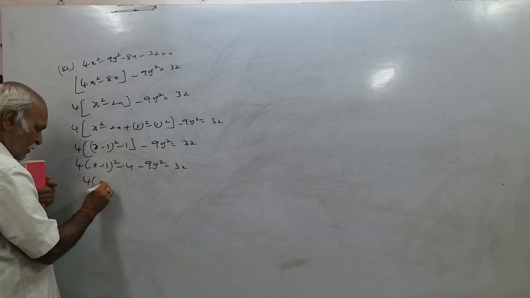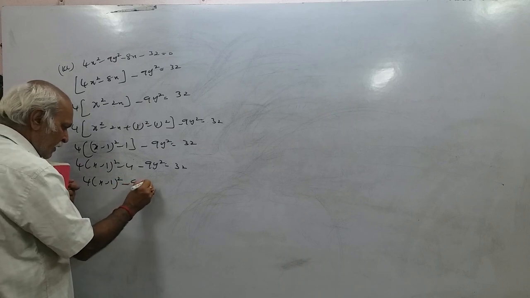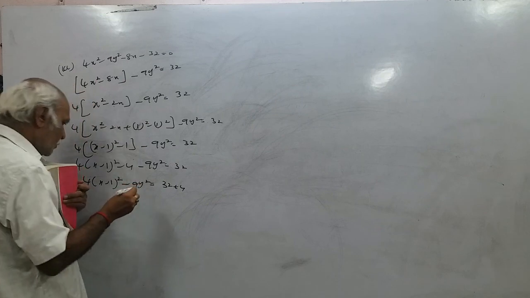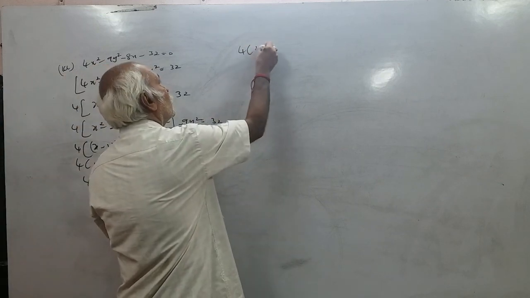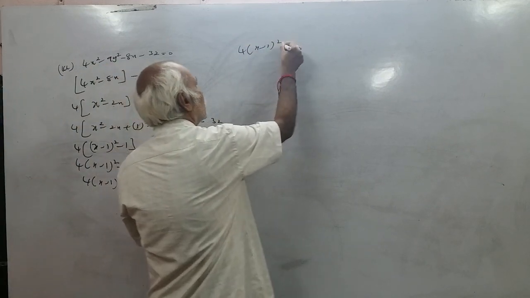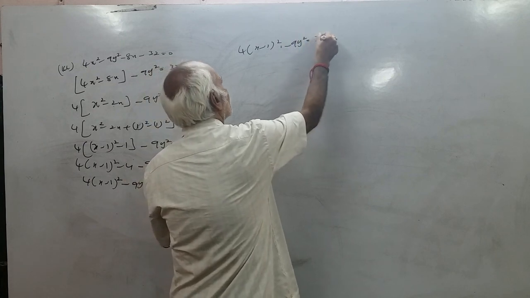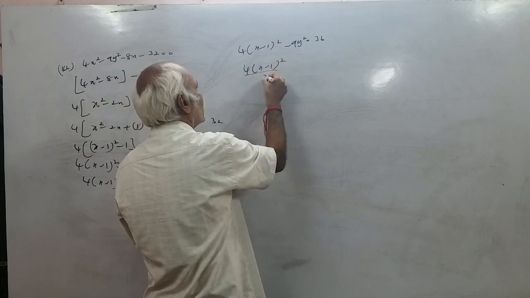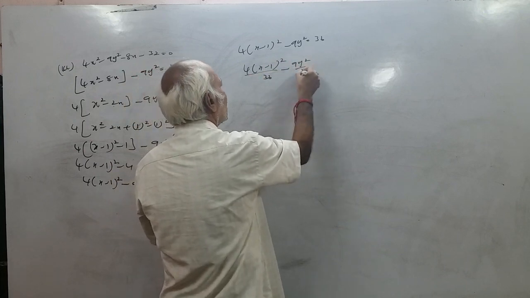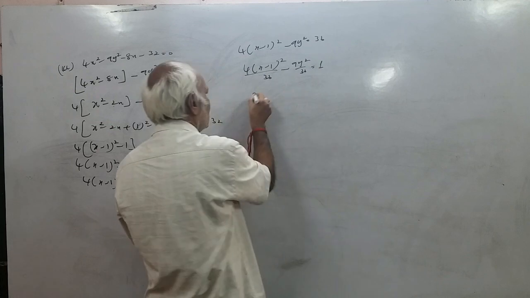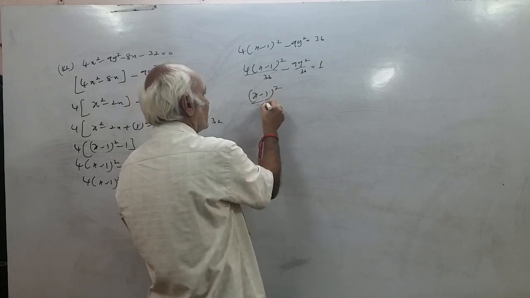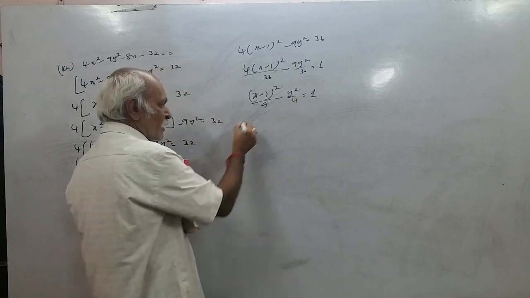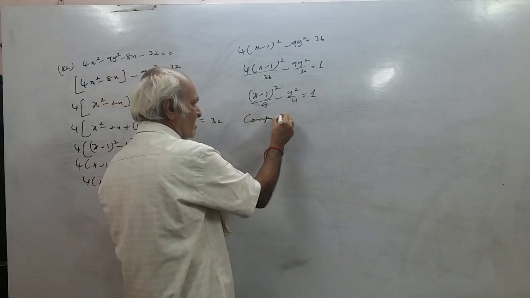So 4(x − 1)² − 9y² = 32 + 4. So 4(x − 1)² − 9y² = 36. Dividing by 36: 4(x − 1)²/36 − 9y²/36 = 1. So (x − 1)²/9 − y²/4 = 1. Now compare, observe here, with